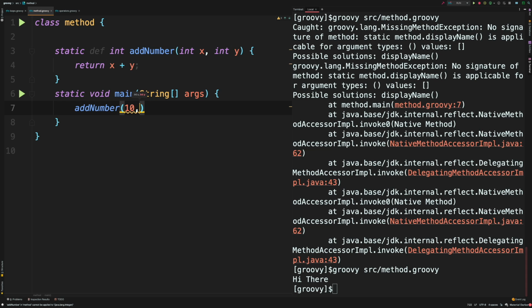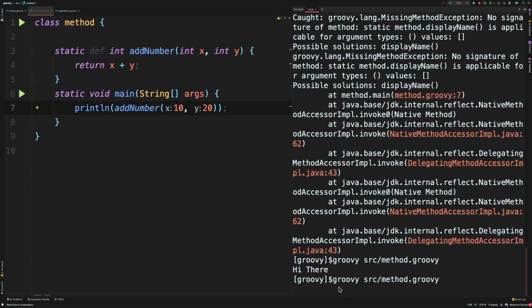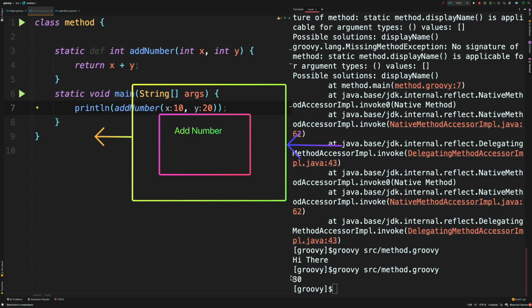So I'll just do 10, comma, 20. Okay, now it's going to return the result, but to be able to show the result in the console, we need to use println. println itself is a method which is built into Groovy. So now if I run this code, you'll see 30 as a result.